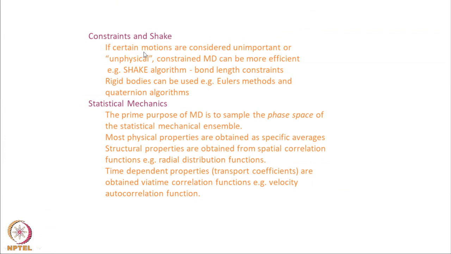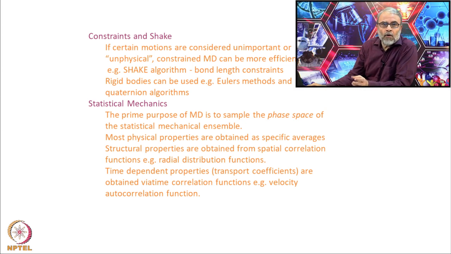So, now before I conclude, I want to talk about these constraints. What is the meaning of constraints? Suppose I have a molecule like water. As it keeps on moving, the bond lengths and bond angles should not change, because if the bond lengths and bond angles change, the water will become something like a linear water or a right angled water. That is not a realistic water. All water molecules should have the same bond length and same bond angles. So, for that I use an algorithm called the SHAKE algorithm, that is to keep the bond length constraints fixed. I want to fix the bond length and bond angles. So, I will describe in the next class how to use the SHAKE constraints.